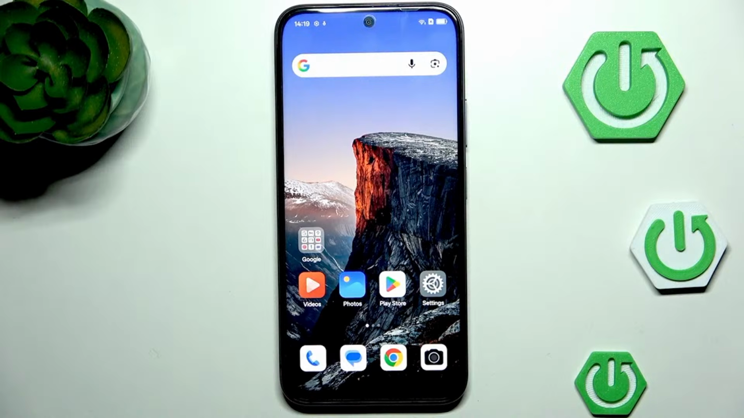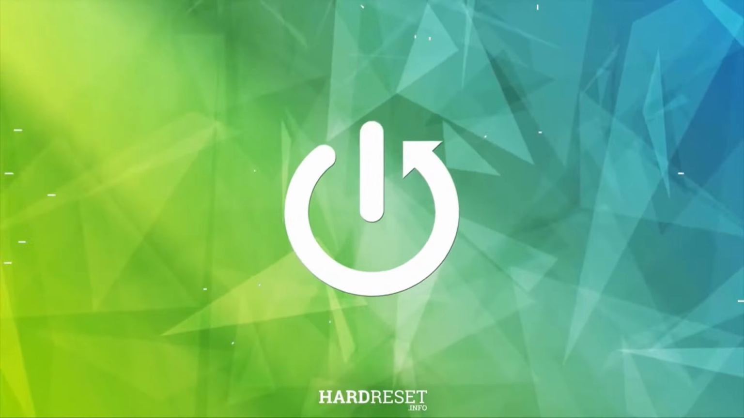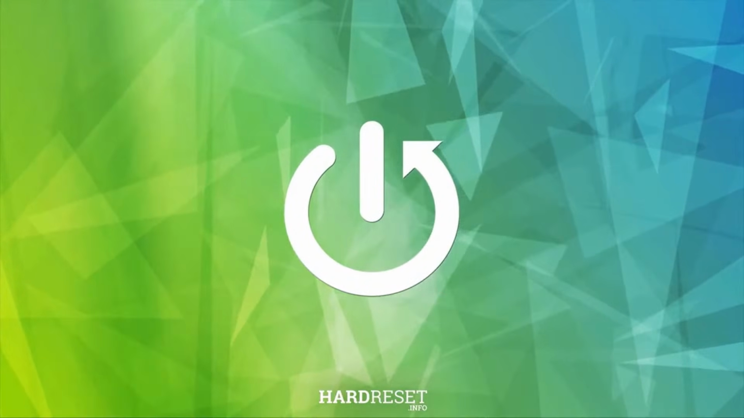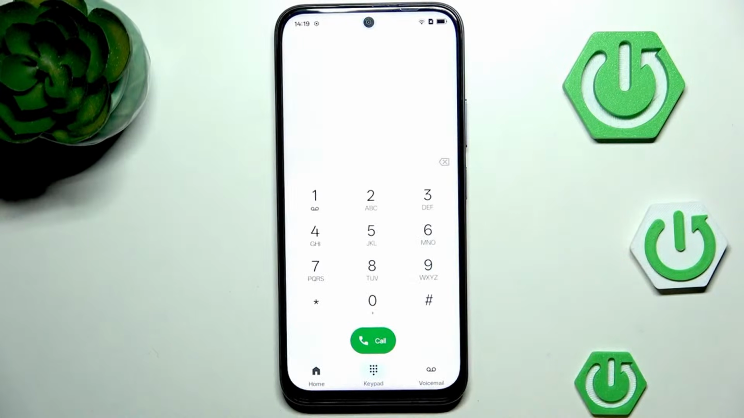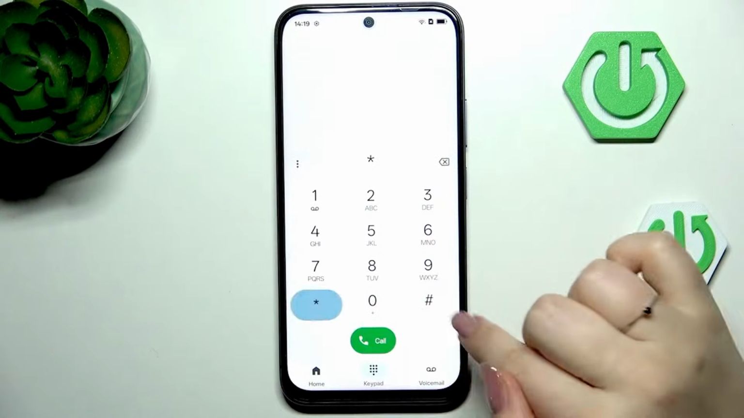Hi everyone, in front of me I've got an OPPO A6X, and let me share with you how to use secret codes on this device. So let's start with opening the dialer, as it is the place where we can enter all of those codes. And let me begin with maybe